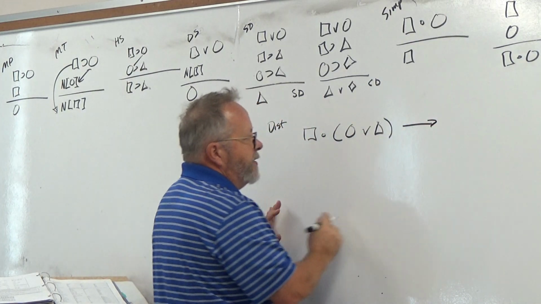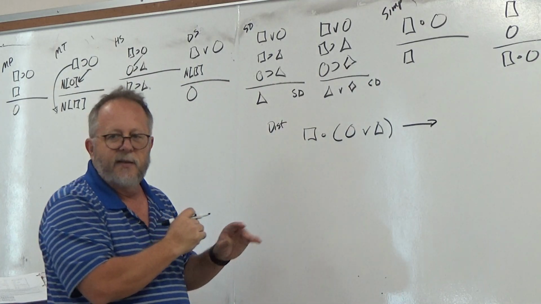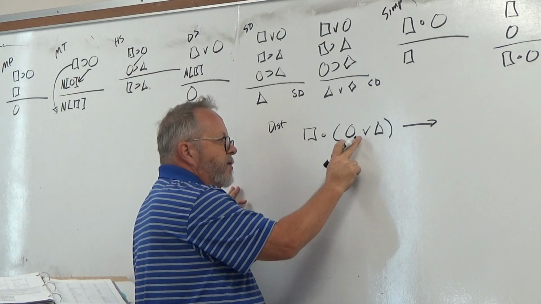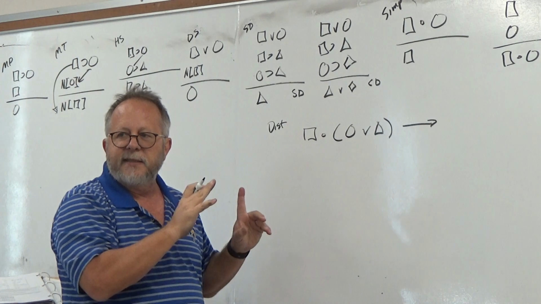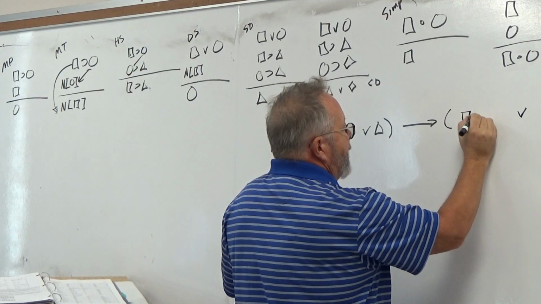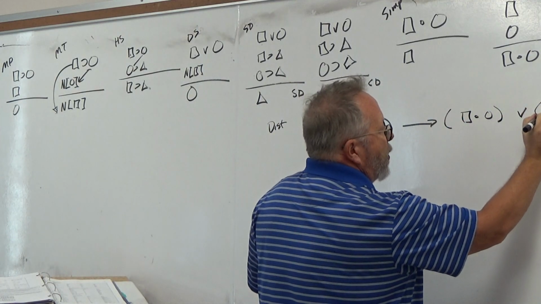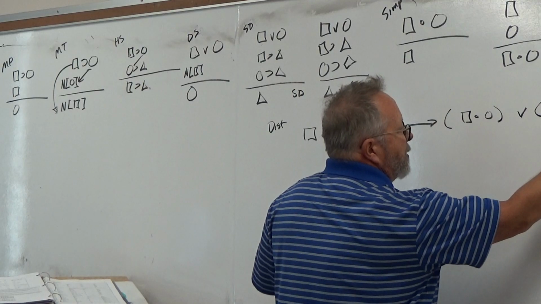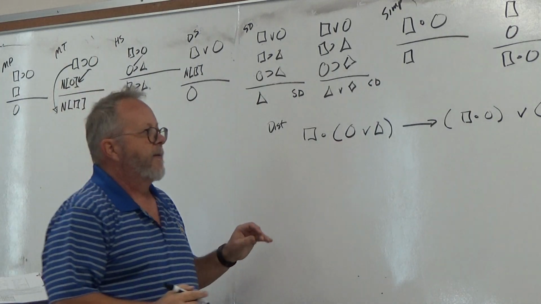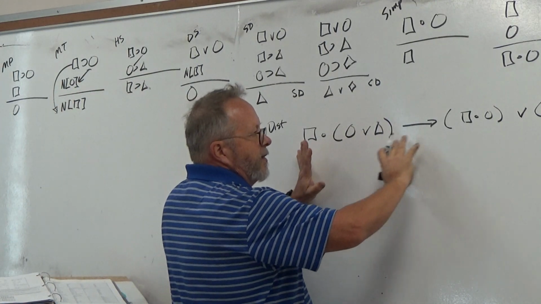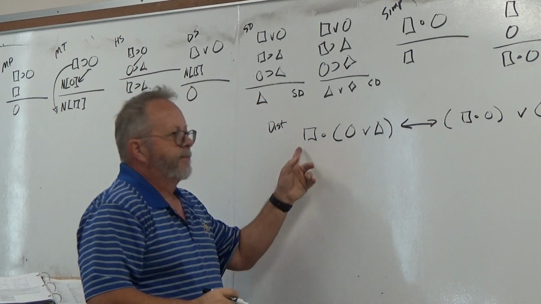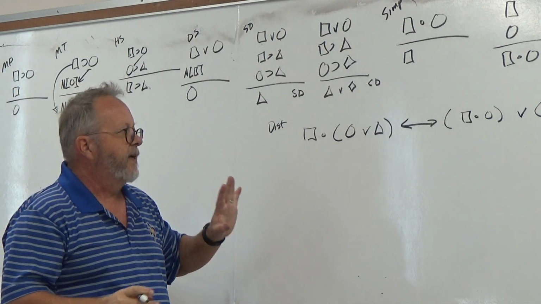So let's just put this in words because it's easy to understand this way as an example. I have a burger and fries or onion rings. That's the same thing as saying either I have a burger and fries, or I have a burger and onion rings. Does that make sense? Okay. And so I can go from this to that, or if I had that, I could go back to this. Either way, okay?